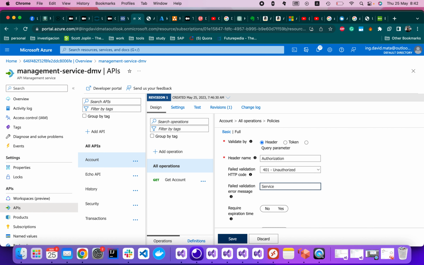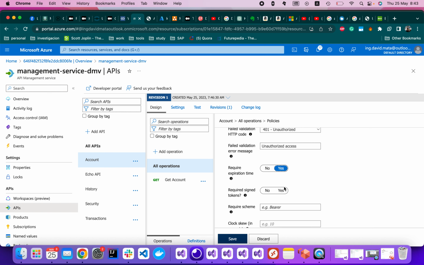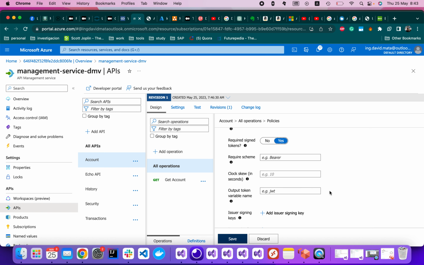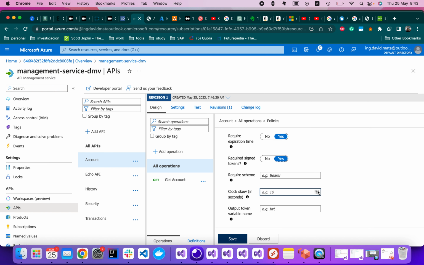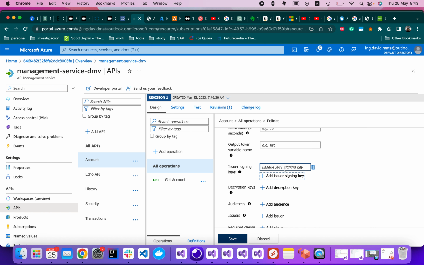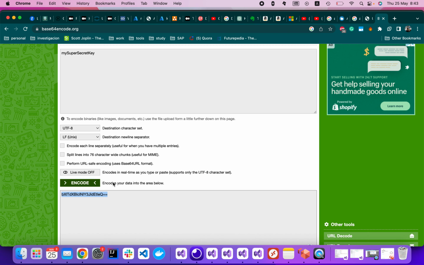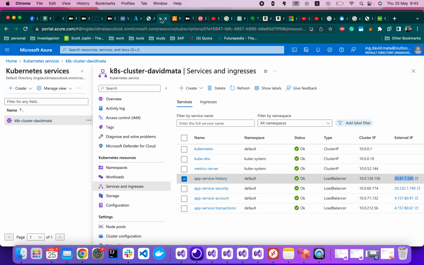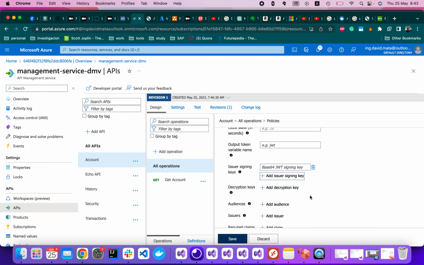Service unauthorized access, validate token, design, expiration time, bearer, the scheme, and the key. We save it,